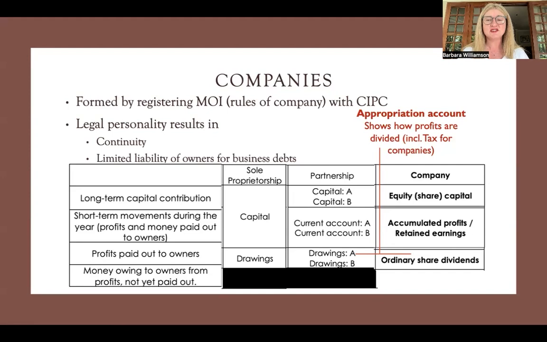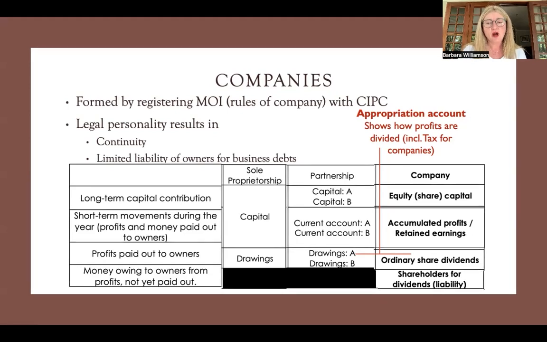So the directors will decide we are going to issue a dividend of, for example, 50 cents per share that is held. So everybody gets exactly the same. So unlike in a partnership where the partners can draw as much or as little as they want and they still have a balance left, when we're talking shareholders, it's kept simple. Everybody gets all their dividends at that point, and what they decide not to hand out will stay in the retained earnings. So the ordinary share dividends account is like drawings.